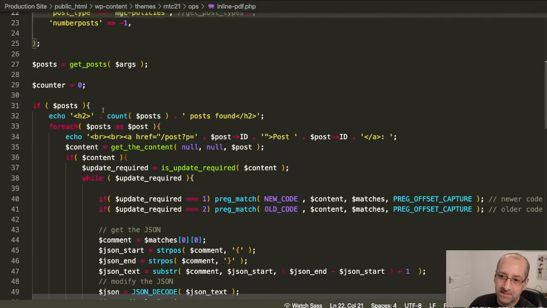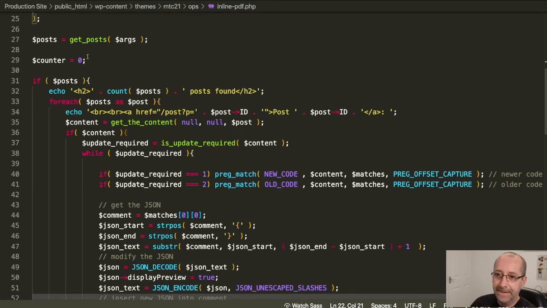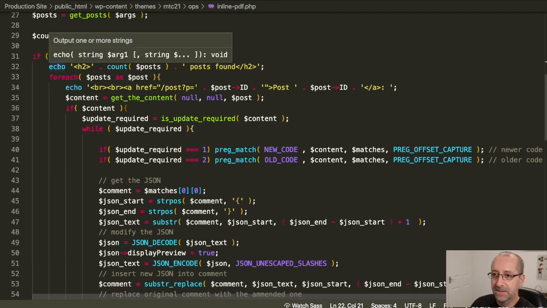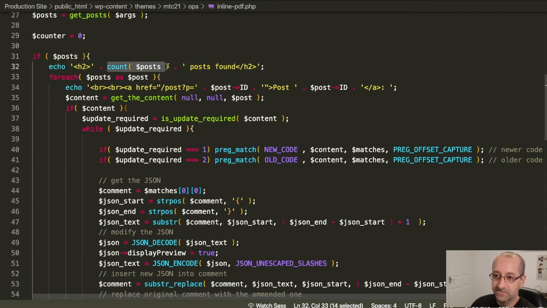I've also set a counter, which says how many's been updated. Again, that's just helpful debugging. It's a bit of a sanity check. It's nice to see some figures coming out that look about right. So we say if posts, if anything's been returned, I echo how many posts have returned. Again, just purely a sanity check. If I put in a post type there and it says nothing returned, I know I've probably typed the post type wrong. Then I loop through for each posts as post, and I echo the post ID, the current post ID,